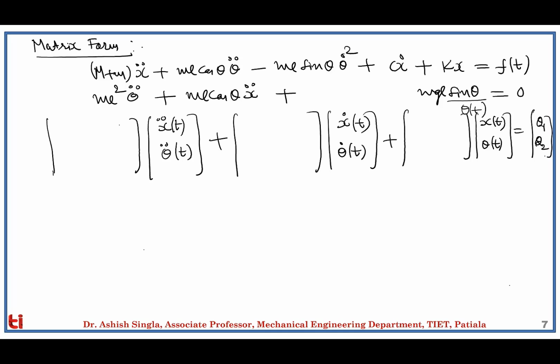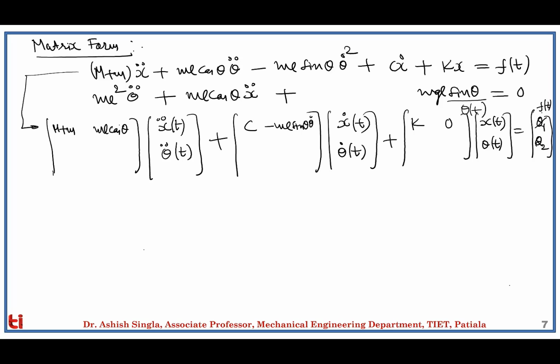the external force being applied on both the bodies. So let's plug in the first equation of motion as the first row of the matrix. If we can see, there is a contribution from ẍ, which is equal to M plus m, and then we have θ̈, so we have ml cosθ. Then for ẋ in the next matrix we have c, and for θ̇ we have minus ml sinθ θ̇. And for the positions, from x side we have k, and for theta side we have no contribution, so 0, and q1 is equal to f(t),